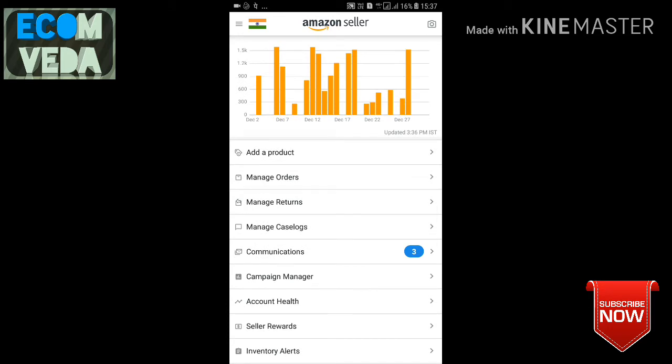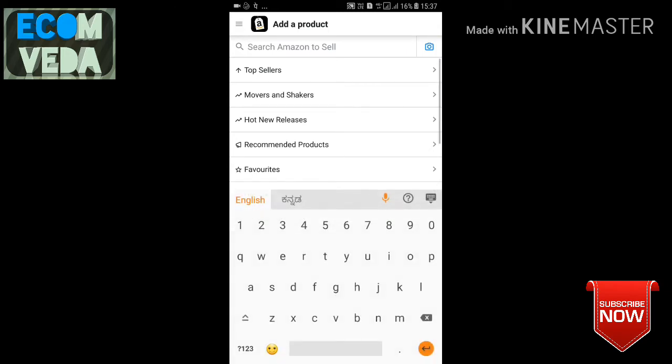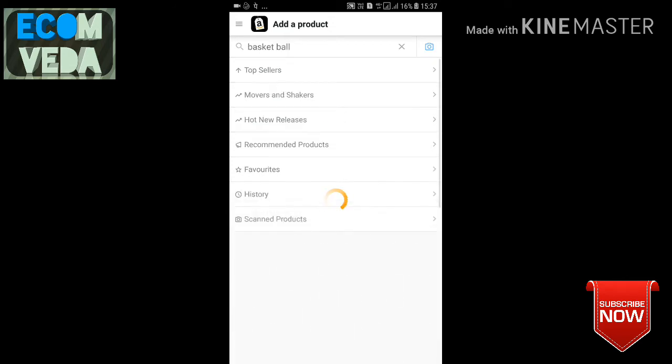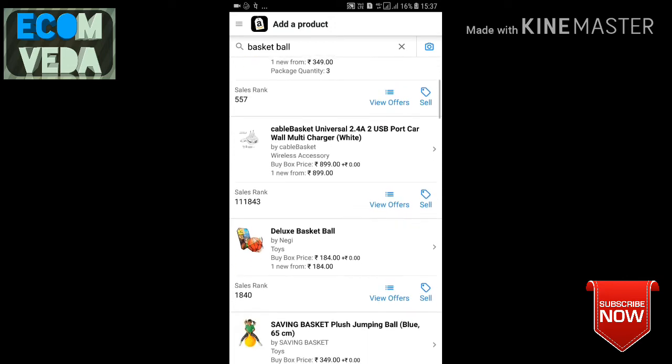See, there's an option called add product. Here you can type any product name, like basketball, and click on search. There are many options.